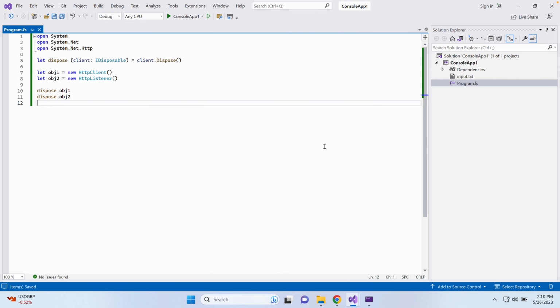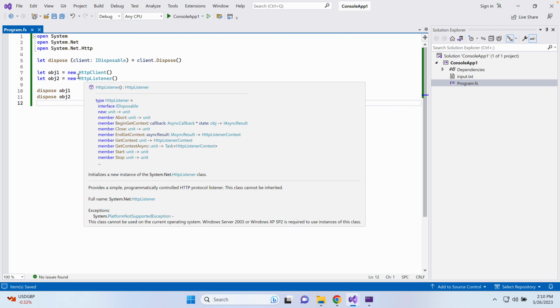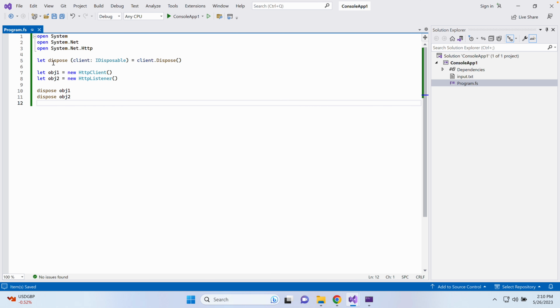In this video, I want to talk again about automatic upcasting. What I'm showing on the screen now is the code from a previous example where we looked at upcasting that F# sometimes does automatically. Just to very quickly recap, we had this function dispose here that took an IDisposable as an